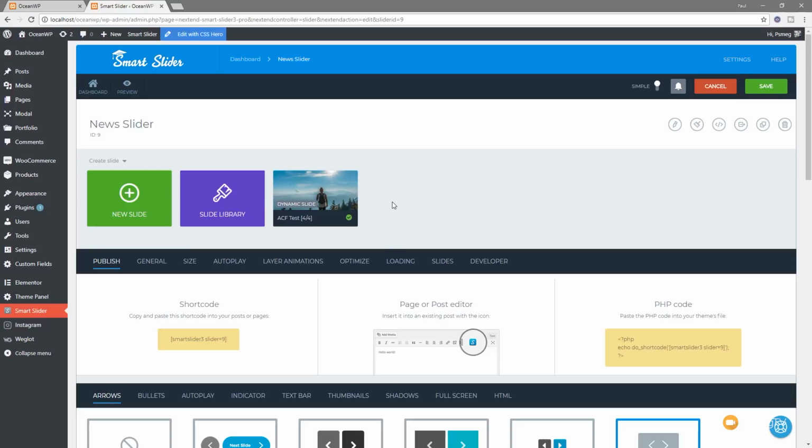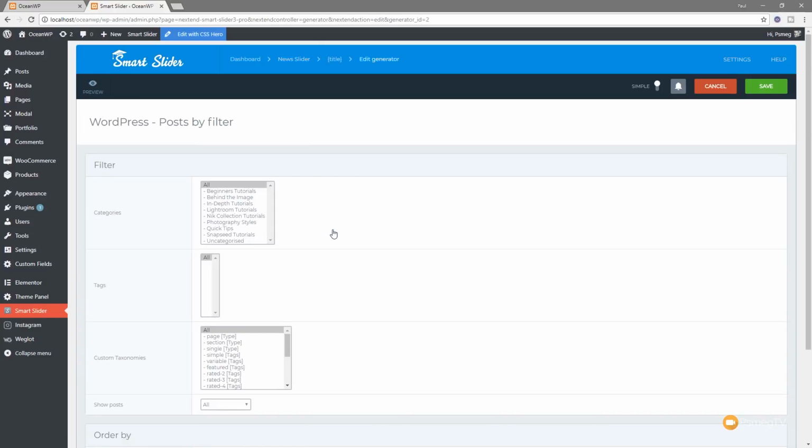However, if you want to access this dynamic information, you need to go about it a slightly different way. If we come over and take a look at the top where it shows us all the slides, you can see there's our dynamic slide, and if we click, we've got edit. However, we've got 3 little dots in the corner. If we click on there, you can see it says edit generator. If we click on there, that'll take us back into the post by filter information